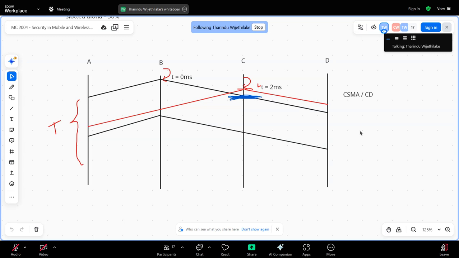Let's say this is t equals 4 milliseconds, right? So at t equals 4 milliseconds, C hears that someone else is transmitting. Now what C does is stop its transmission. C will stop the transmission at this moment, right? Now there's no more transmission from C. Then B is transmitting and listening. So nothing up to this point. And at this moment,